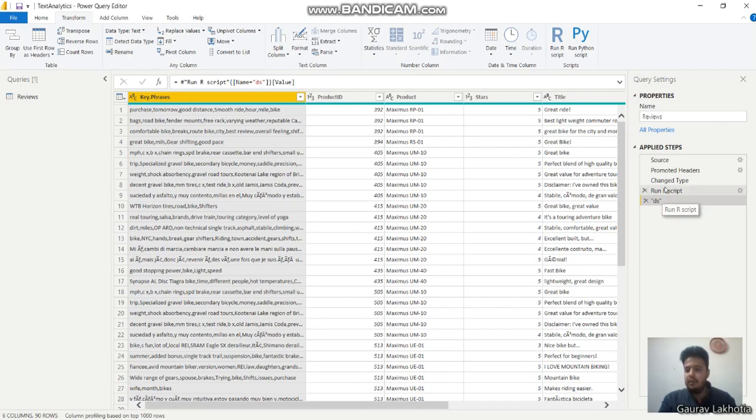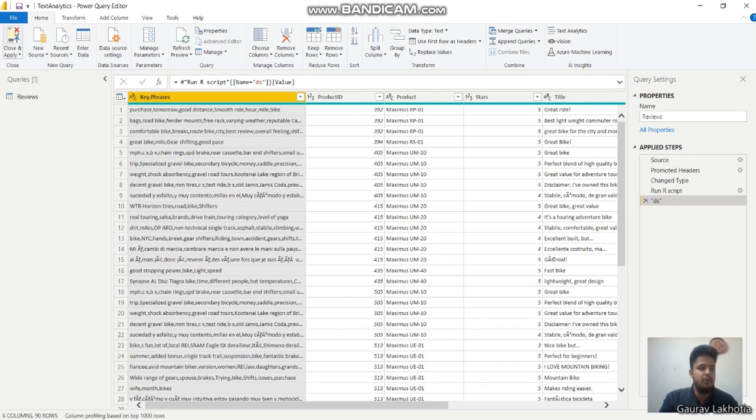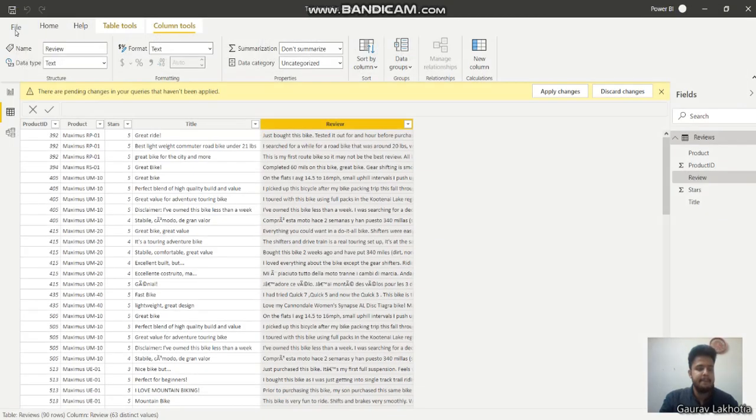Okay, so now our script has run successfully, as you can see here, and these are the key phrases extracted from our ML model. Now I will do close and apply. This will take few minutes, I guess.